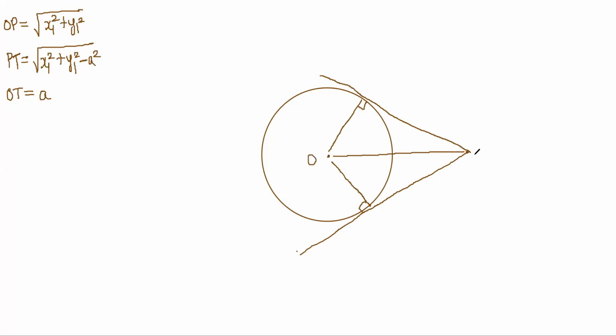O, this was my point P, and this was my T, and this was my Q, right? And TQ is my chord of contact. This is A, this is A, right? Now obviously, you can easily prove that triangle OTP is congruent to triangle OQP. Because 90 degrees, common side, one more angle, right?